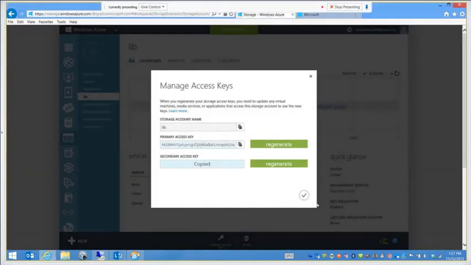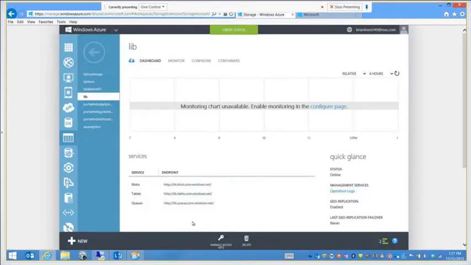Let's go get this key. That key there is the key to my kingdom as far as this storage account is concerned. So if I have that unique key,